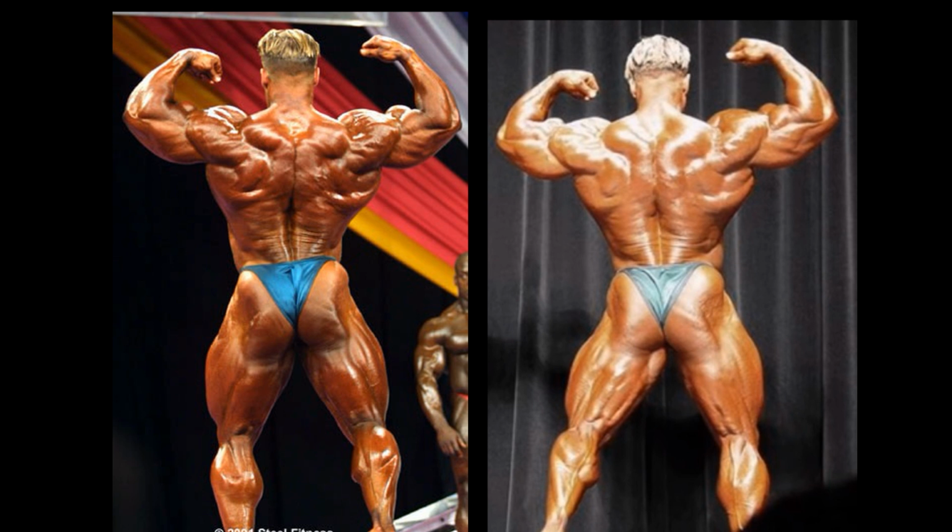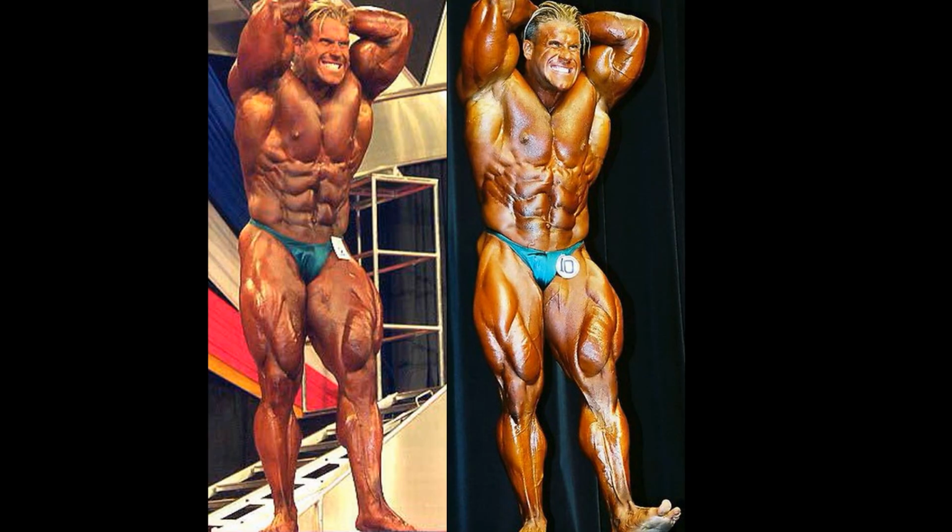and perhaps the back development is a little bit better. But the V-taper is a little bit better on the Arnold Classic. I don't know. 2001 Mr. Olympia, in my opinion, is probably a slightly better version than the Arnold Classic. But let's dig up a couple more poses, perhaps one of these ones will give us more of an